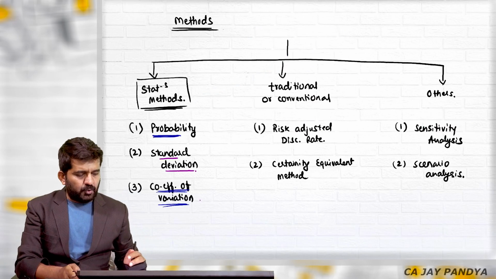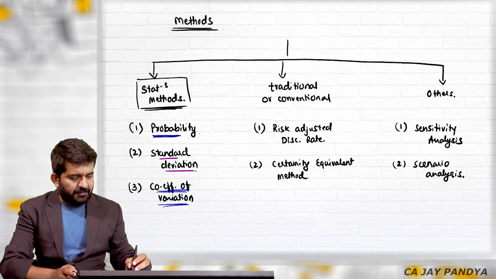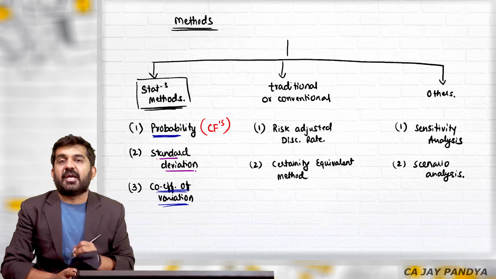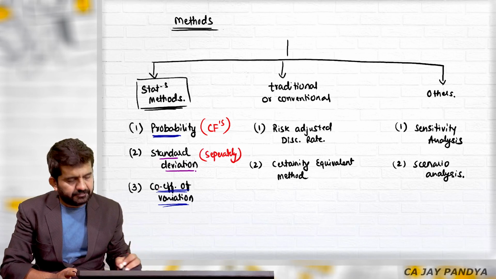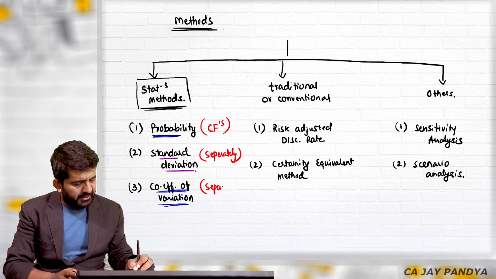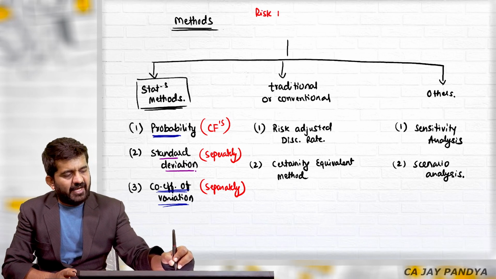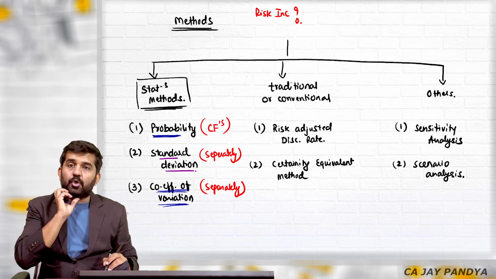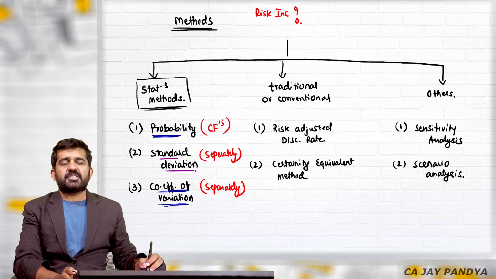We are coming to an end with the statistical methods, and I am writing it down in this chapter where we are incorporating risk. We are incorporating risk in cash flows. Here we are finding out separately. Here also we are finding out separately. So red color is where risk is incorporated. Let us go to some traditional or conventional methods, and the first one is the risk adjusted discount rate.